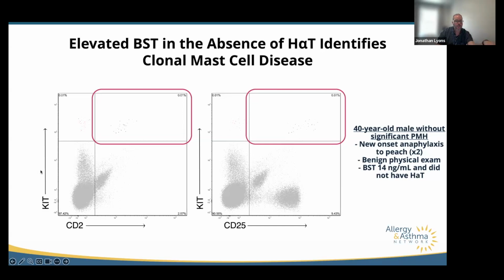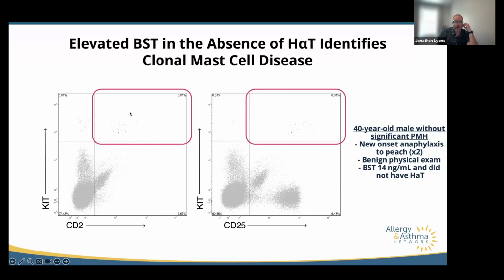So this is basically a really cool instrument where you can stain the cells with an antibody. There's an attached fluorophore that, if you hit it with a laser, emits light. And then you basically make all the cells march in single file past lasers and detectors, and you hit them with a bunch of lasers, and then the detectors see those antibodies that are on there as these little dots. So each one of these dots is a cell from the patient's bone marrow aspirate.